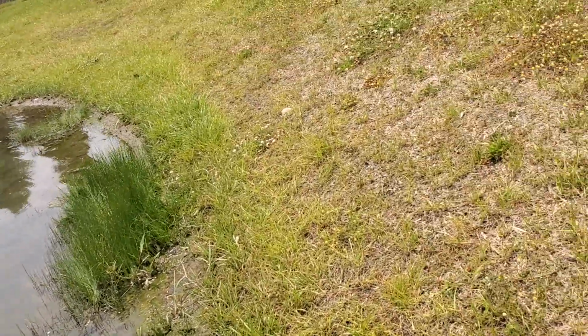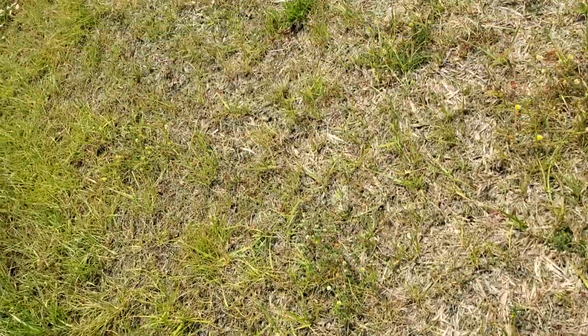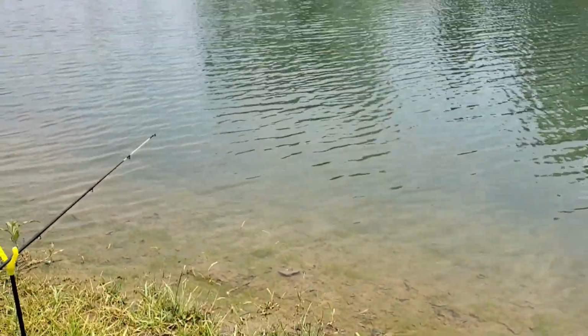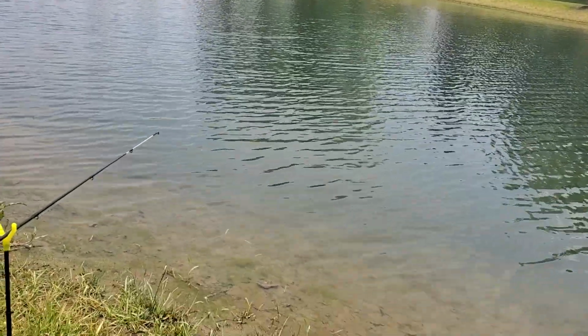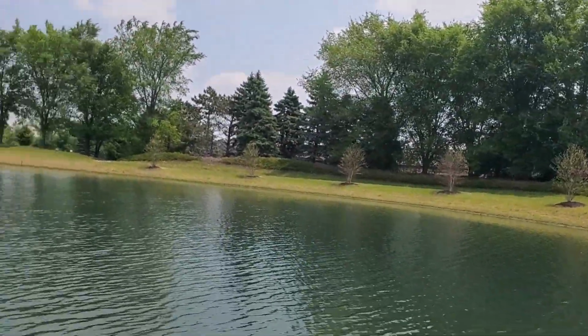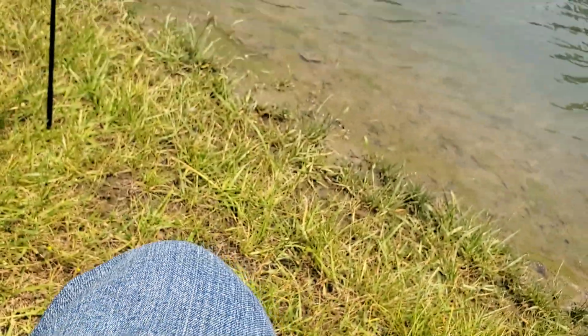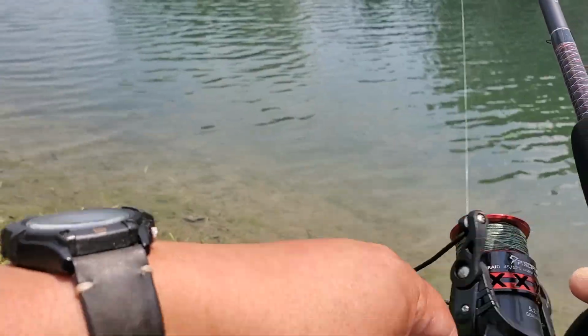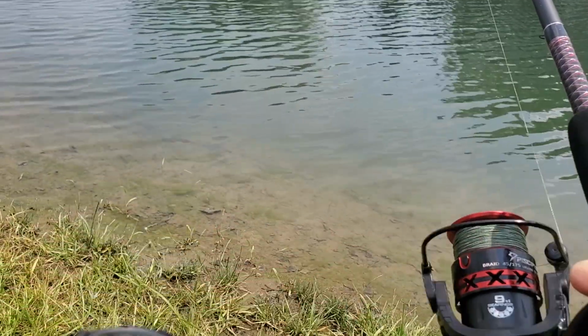So today, catching quite a few things on new lures. But overall, it's been a fun day. I know, it's just a bunch of little fish and 2 tiny bass. Just the moment that I said it, saw this twitch. So it's nothing impressive, but